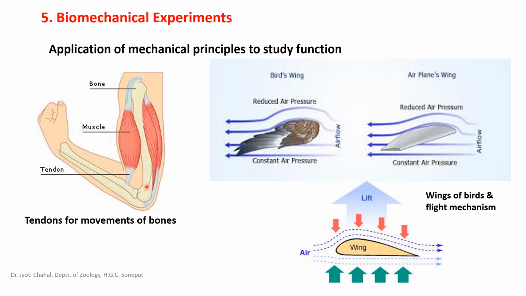So that is again a functional morphology which is based upon biomechanical principles or experiments. Another example is wings of birds and their flight mechanism. Now wings of birds, they are concave in shape, you can see. Here is a little concave on the lower side, and the upper edge is convex. Now what is the benefit of such kind of shape?